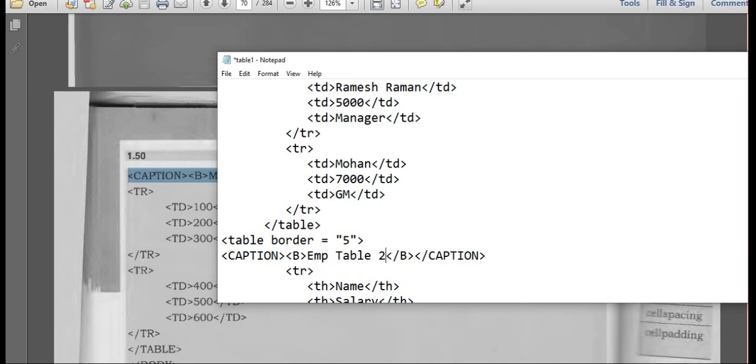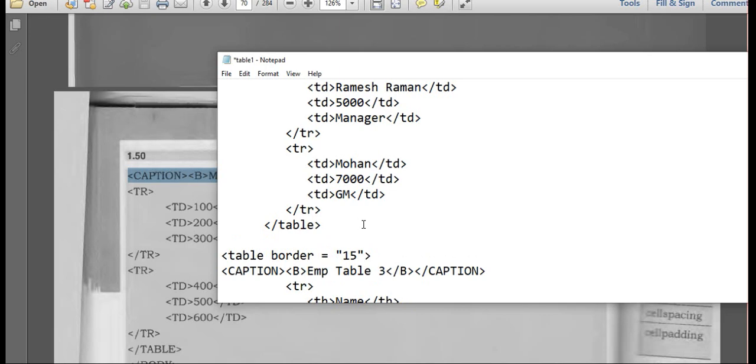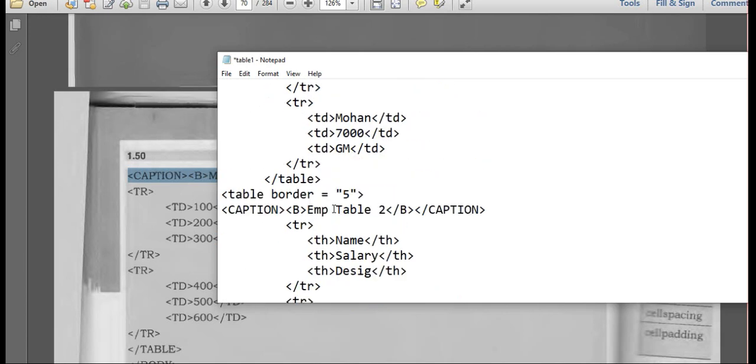EMP table 2. EMP table 3. So here I am using one BR tag for a line break. BR. So some space will be displayed after this.